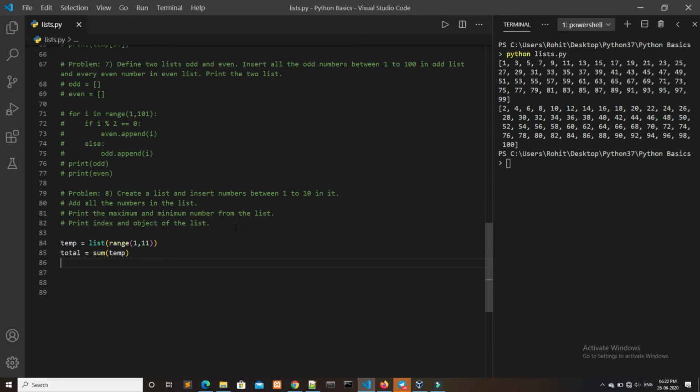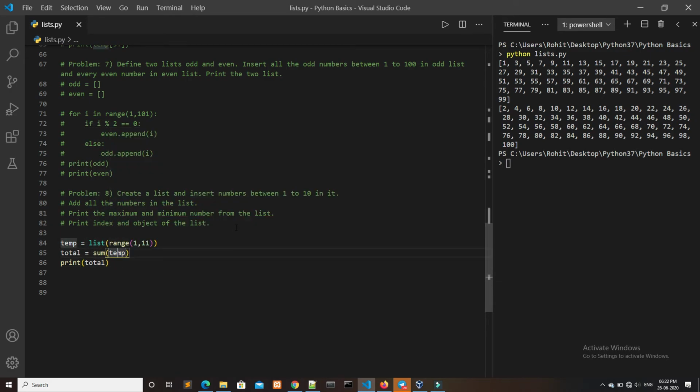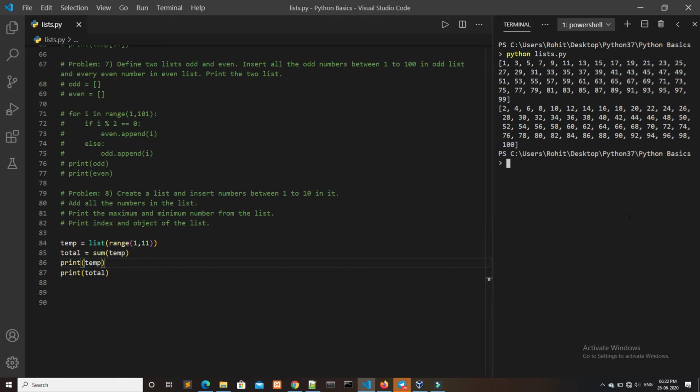Now we will print first total. I will also print temp here. Now run the command here. As we can see, temp contains numbers between 1 to 10, and the sum value is stored in total, and its value is 55. Now in part 2, we have to print the maximum and minimum number from the list.